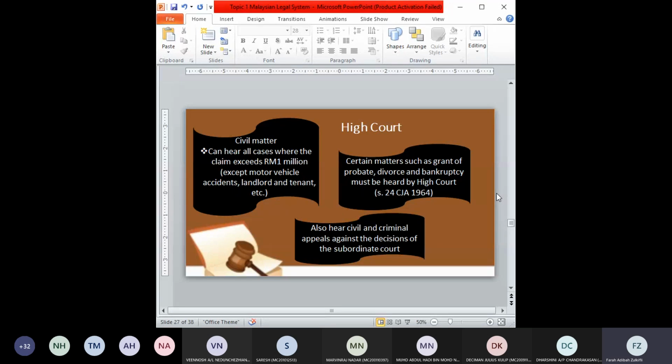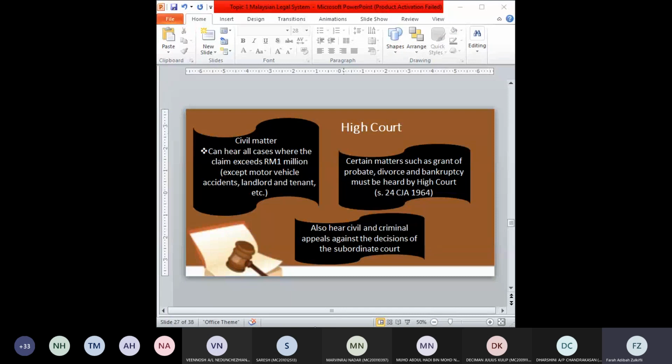And the High Court also has jurisdiction, has the power, to hear cases involving probate. So when someone died and they have a will, or if someone died without a will, intestate, their case